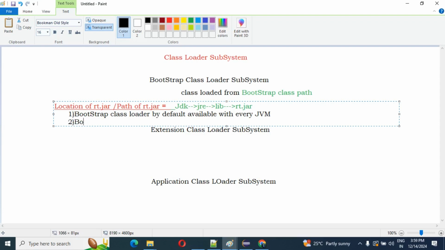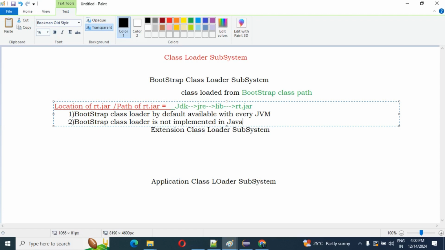Bootstrap class loader is not implemented in Java.